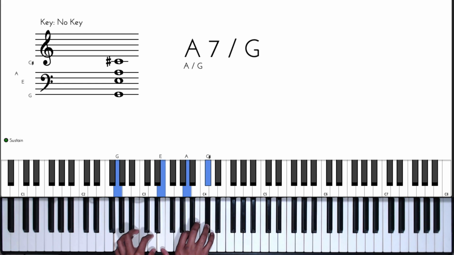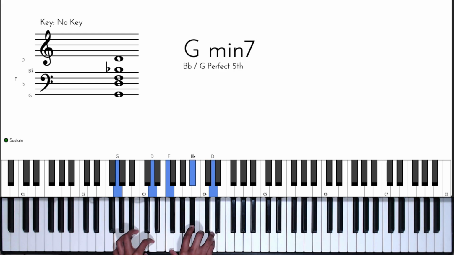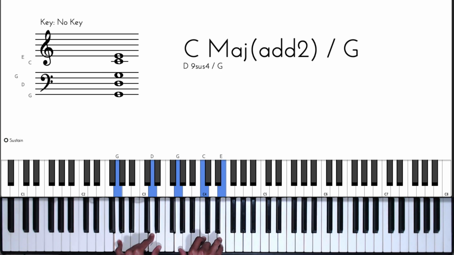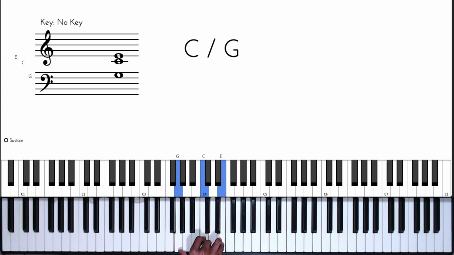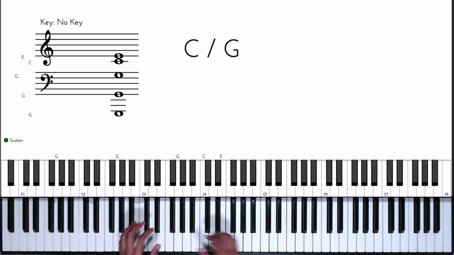So we can actually go to a minor 4, right? In this case, G minor 7, and then to a flat 7 over that 4, right? We're still using that 4 as a pedal point. So